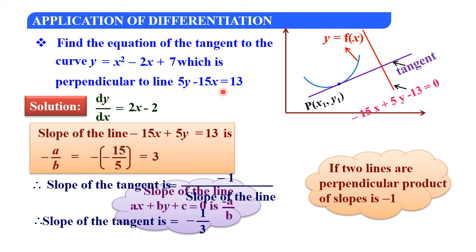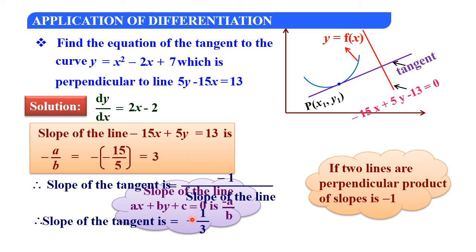Now you consider the slope dy by dx1 is 3, but here the curve is perpendicular to the line. In this case, when the curve is perpendicular to the line, you need to apply the condition of perpendicularity. So dy by dx1 into dy by dx equal to minus 1, you write. dy by dx1 is your slope. This slope you substitute: dy by dx1, in the sense 3, 3 into dy by dx equal to minus 1. So dy by dx equal to how much is it? Minus 1 divided by 3.